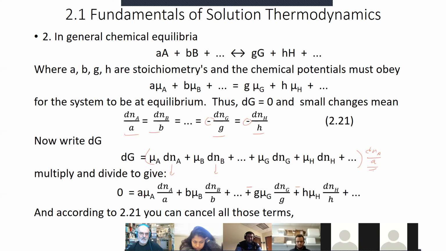And then when you do this, the A's cancel, the B's cancel, the G's cancel, the H's cancel, and you end up with A dNA, mu sub A plus B dNB, mu sub B, excuse me. A times its chemical potential plus B times its chemical potential. And then you can bring these to the other side with the sign, G times its chemical potential plus H times its chemical potential, okay? This is what defines equilibrium, that all of the chemical potentials of the reactants, correcting for the stoichiometry,